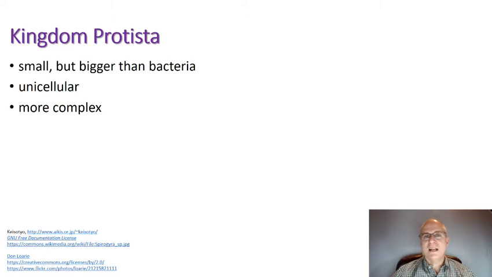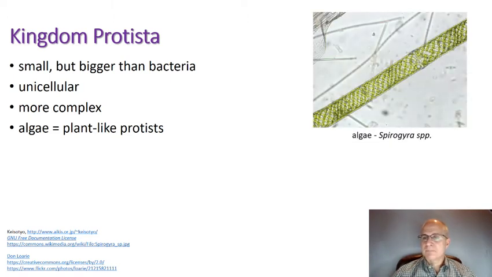And there are 2 main types of protists that we'll be talking about. You've got the algae, which are the plant-like protists that are able to do photosynthesis, like this beautiful algae right here, which is called Spirogyra. That's the genus name. And when you see SPP afterwards like this, means that we know the genus is Spirogyra. I don't know what the species is, but it's one of the species in this genus.